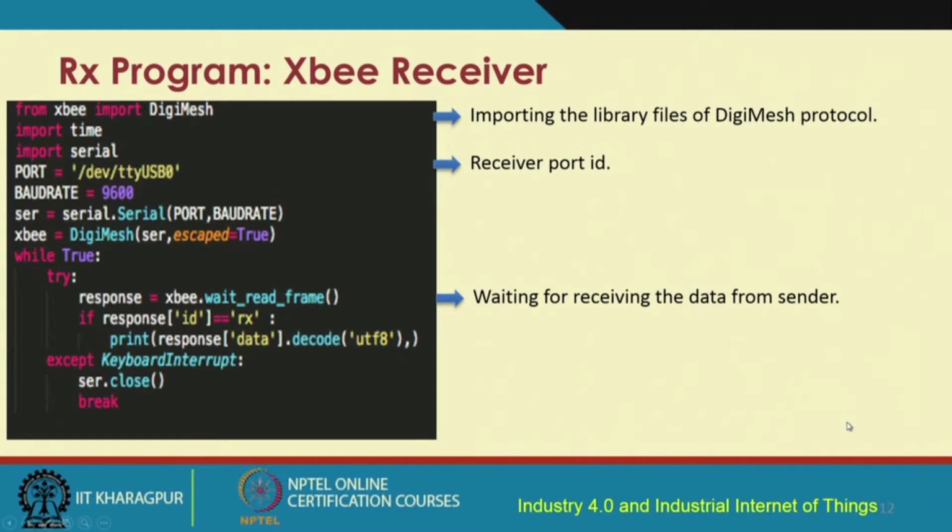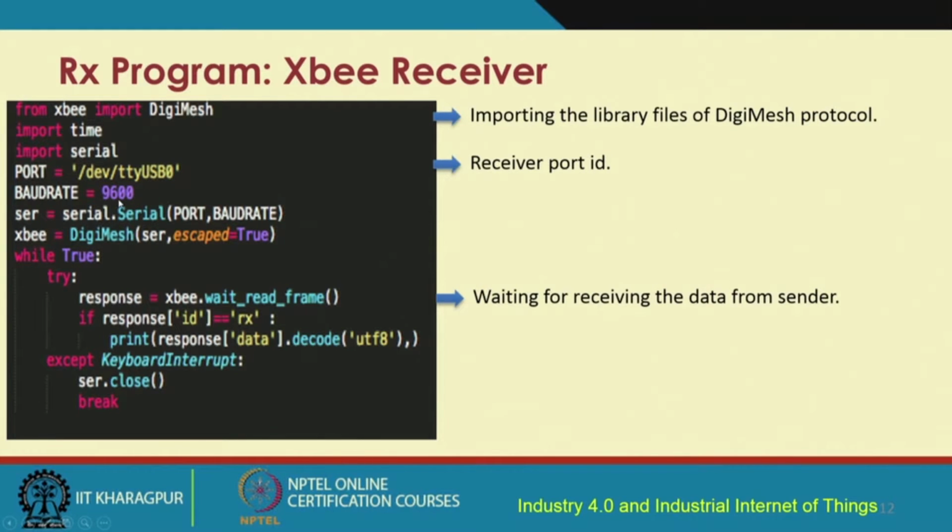This is the receiver side program. Again, you import the DigiMesh, because this DigiMesh library is the backbone, the enabler for supporting this communication. So, it is very important to import it for the transmitter as well as the receiver Xbee modules. It is important to import this DigiMesh library, and then the port is set, the receiver port ID is set